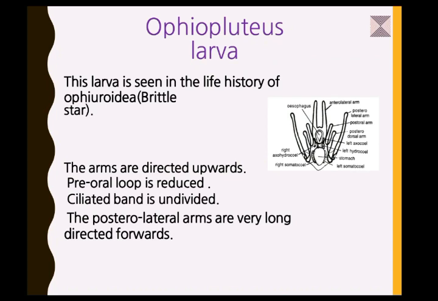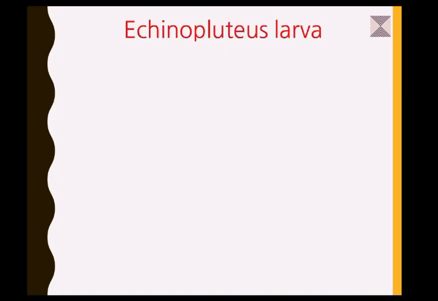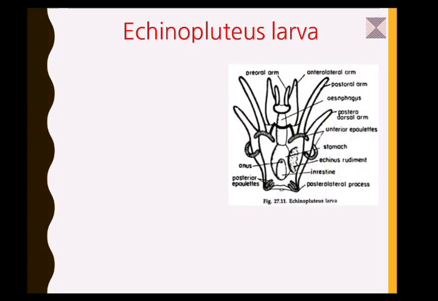The posterior lateral arms are very long and directed forward. They are emerging from this site and going up till the top end. So they are quite long and directed forward. This is the structure of the Pluteus in the case of the Ophiuroidea class, in the case of brittle star. Now if I take up the second part, which is the Echinopluteus,